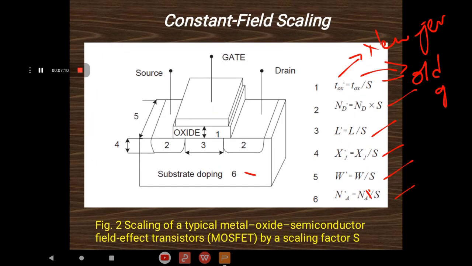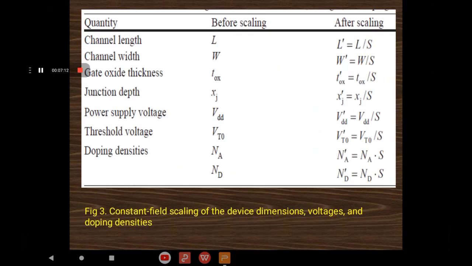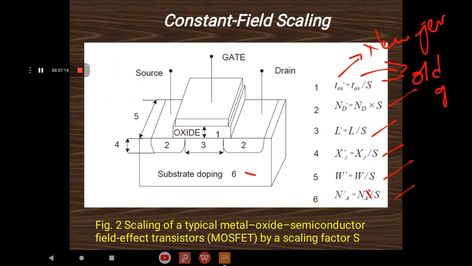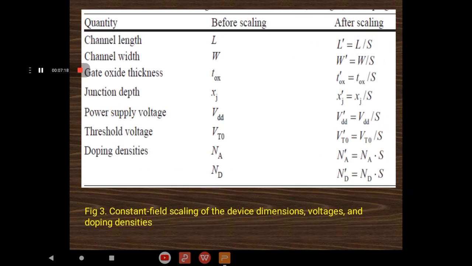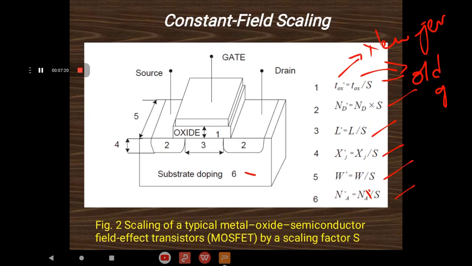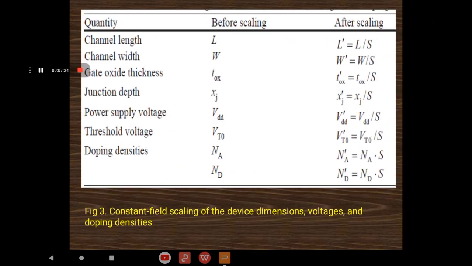So let us see one by one. So the first one is channel length, that is also decreased by a factor of